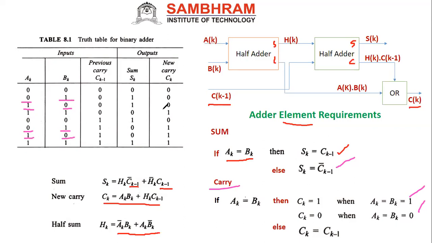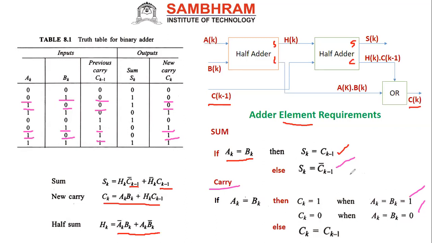Now we see the corresponding carry, 0, 0, 1, 1. You see this? What happened here? Else, what is the condition I'm getting? CK is equal to CK minus 1, I am getting. That is what. So how can I write this in the sense AK is equal to BK, then CK is